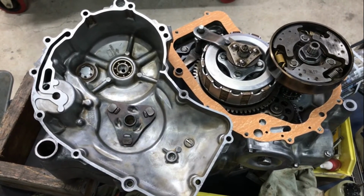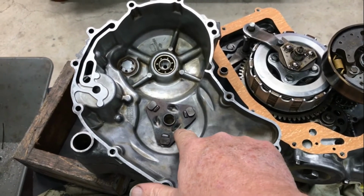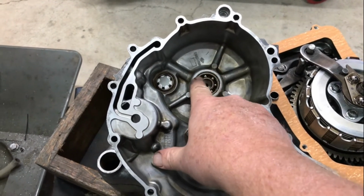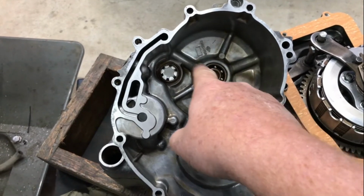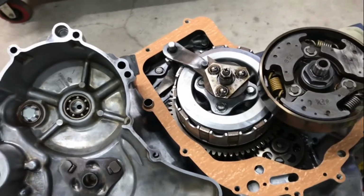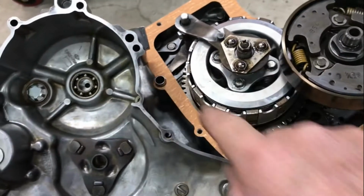I'm finally ready to put this right hand cover on. I've removed this triangle, cleaned under it. I removed that bearing, cleaned it out, cleaned out the oil galleries tucked on the outside. New gasket in place, dowel pins in place,